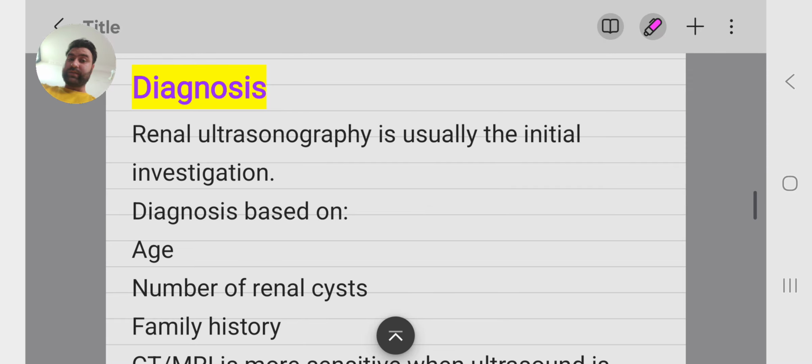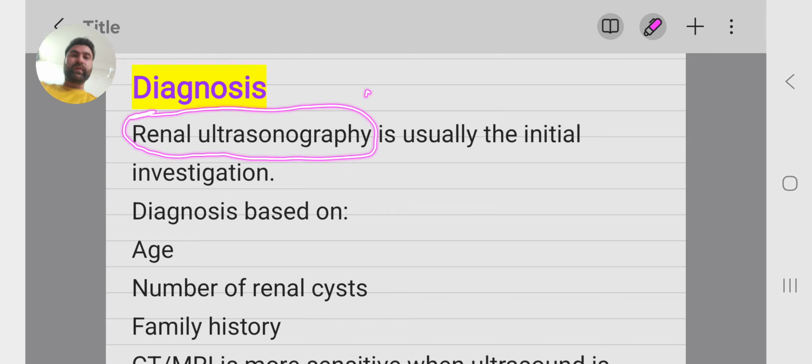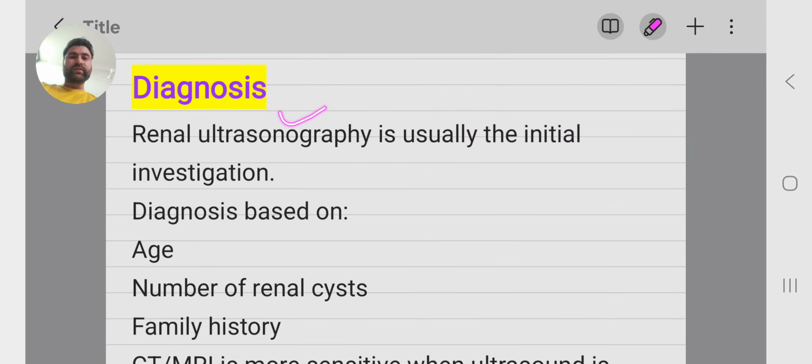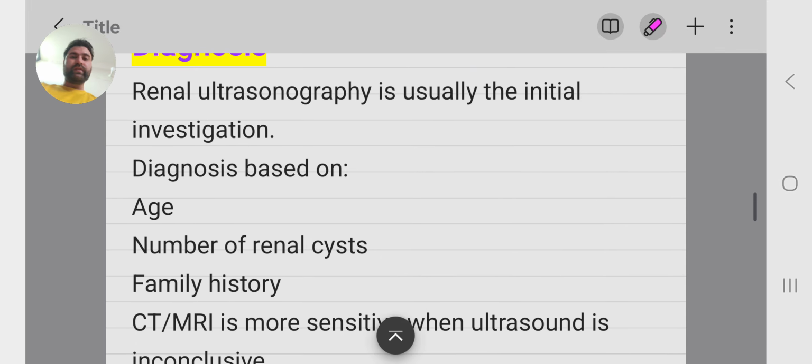Now, how will you diagnose this condition? It is diagnosed on the basis of genetics and also on the basis of renal ultrasonography. If the patient has a positive family history, then you can diagnose this condition on the basis of ultrasonography. If there is no family history, then you cannot diagnose only on the basis of ultrasonography. So ultrasonography is the initial standard investigation, and if the age is less than 30, then